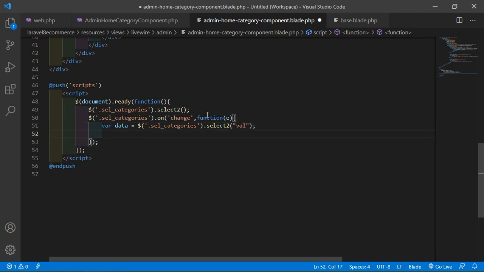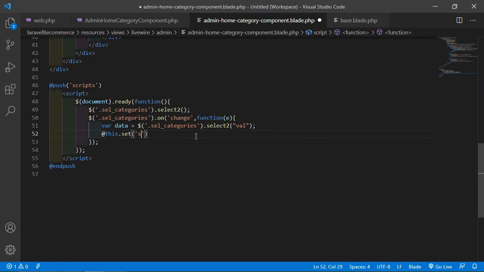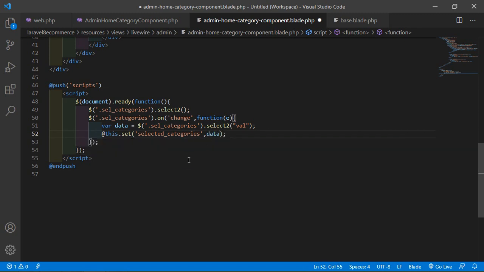Okay, now $this.set, add here the property name, this one selected_categories. Okay, and add here the comma and just pass here the data. Okay,